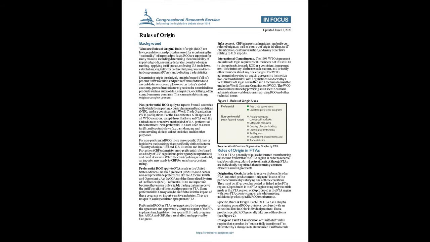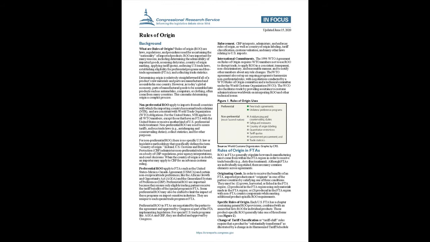and for other purposes. For non-preferential ROU, there is no specific U.S. law or legislative methodology that specifically defines the term country of origin. Instead, U.S. Customs and Border Protection (CBP) administers non-preferential rules based on a body of CBP regulations, prior agency interpretations, and court decisions. When the country of origin is in doubt, an importer may apply to CBP for an advance